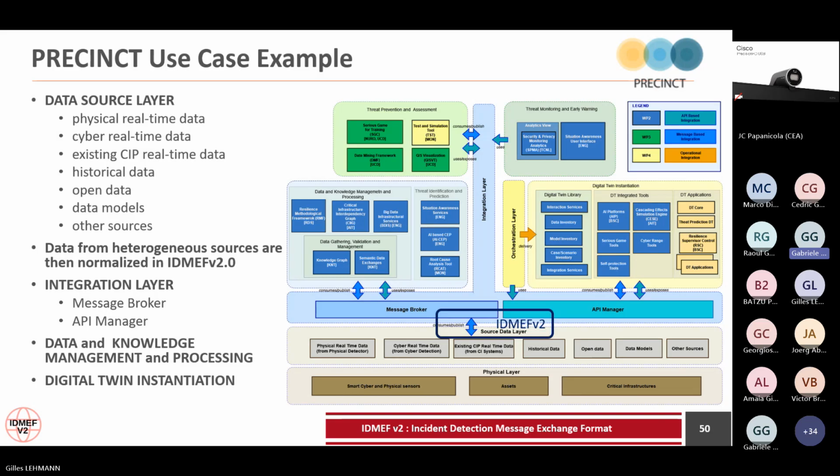Normally, when we deal with the data source layer, we have what I call the detector. It might be physical, it might be cyber, it might be cyber-physical, it might be human. The main task of the detector is to collect raw data from the CI environment, and to analyze such raw data from the physical, cyber, or human perspective, looking for any abnormal condition